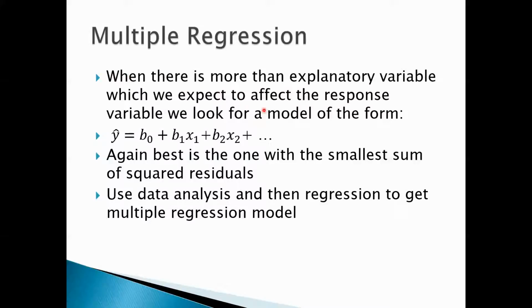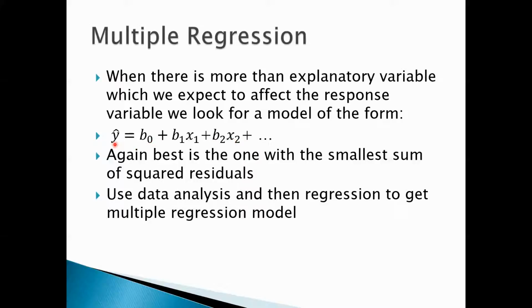So now our equation looks like y hat, predicted y, is intercept b0 plus b1 times x1 plus b2 times x2 plus ... So we might have 2 or 3 or 5 or 10 different variables together which you hope will